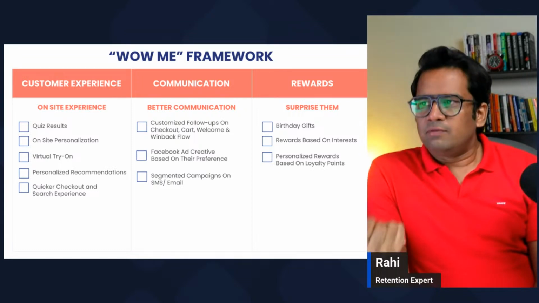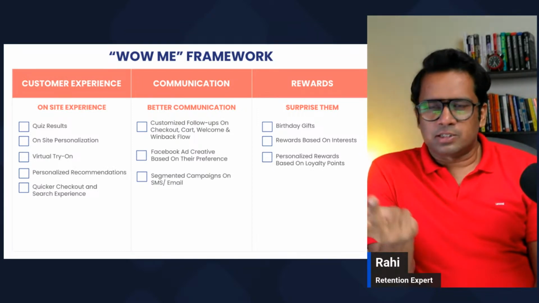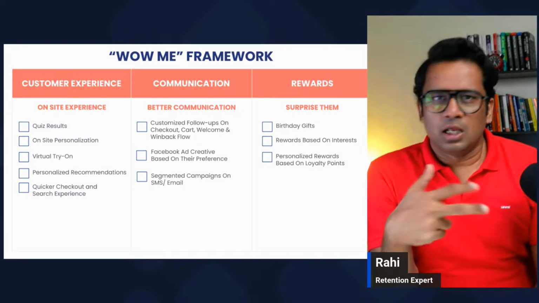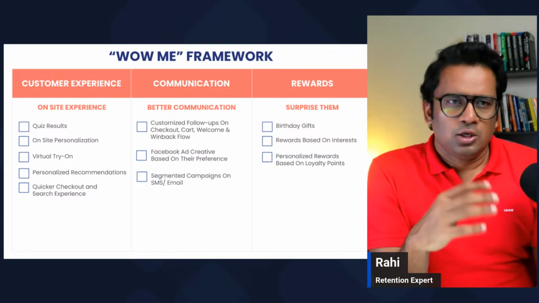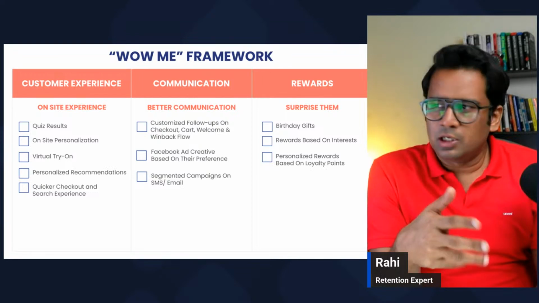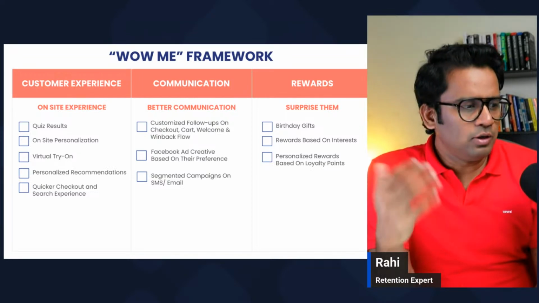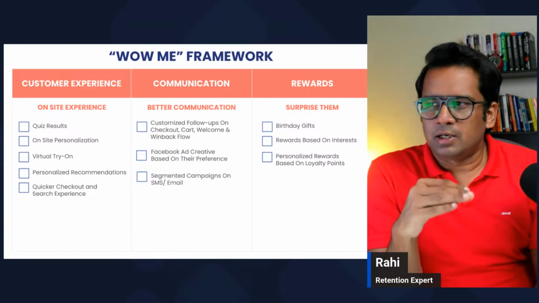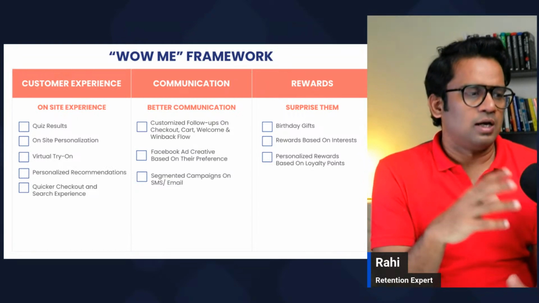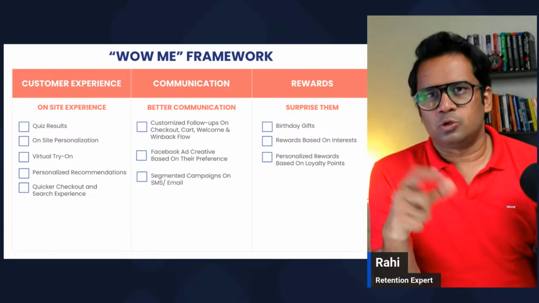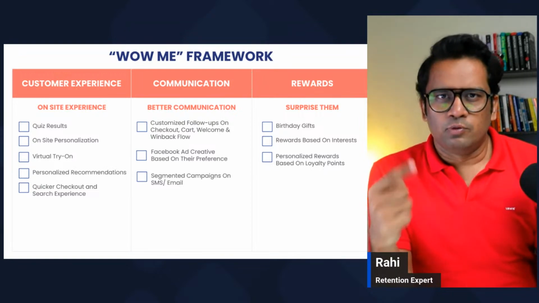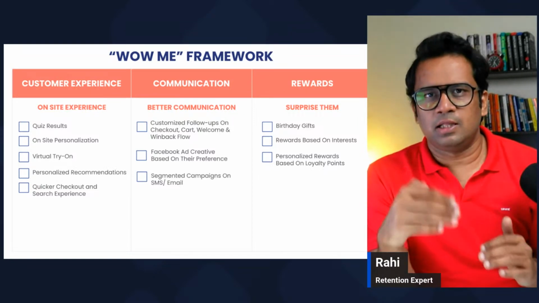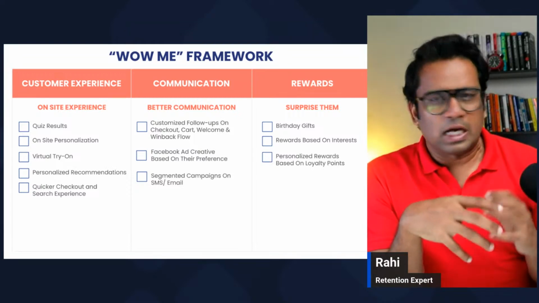On-site, like we looked at the quick results, like on-site personalization, who bought this also, you might also like this, and those kind of communication. Then there are virtual try-ons and personalized recommendations, and also if you have preferences, then we have seen better checkouts and better search experiences. The customer is looking mainly for this kind of product, so you're trying to highlight that, or improve that visibility in the search results area, and those kind of things.